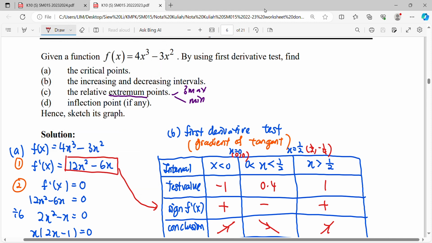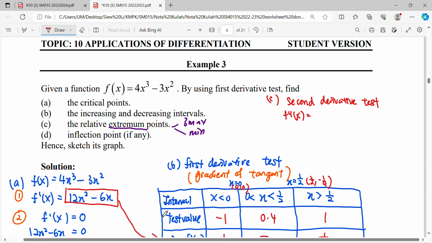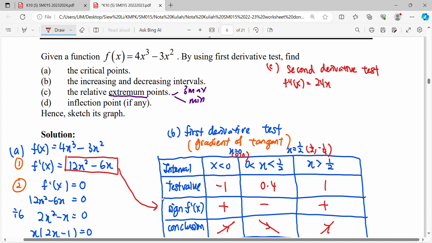So when we come to the second derivative test, this is our part C. Find the relative maximum and minimum using the second derivative test. So our f double prime of x here, we can find that it is equal to 24x minus 6. So once we differentiate this and differentiate again, for the second derivative test, to test maximum or minimum, we just